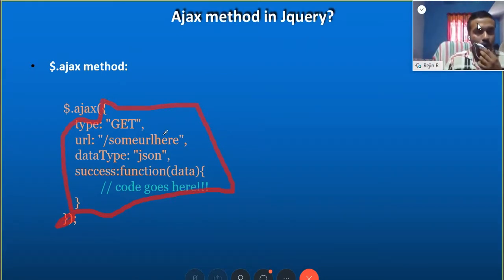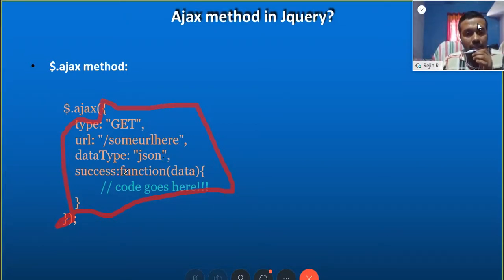You can specify several properties. Type means method type. Method type is get. You can use either post or anything, post, delete, several requests are there. Then URL. URL means, as we discussed, to which page that Ajax request needs to be submitted. And dataType JSON. Data type JSON stands for the response type, that is JSON.